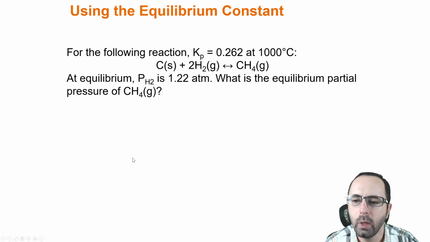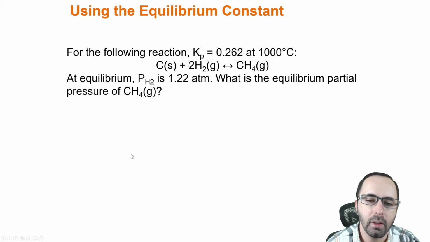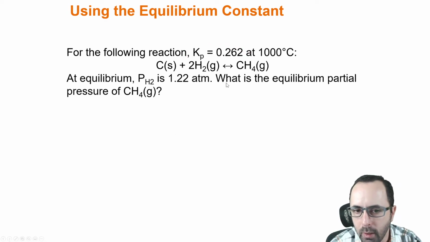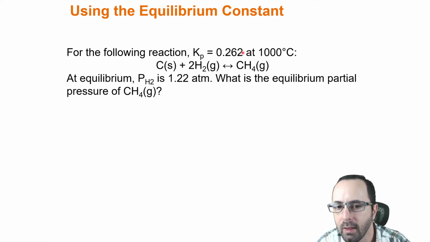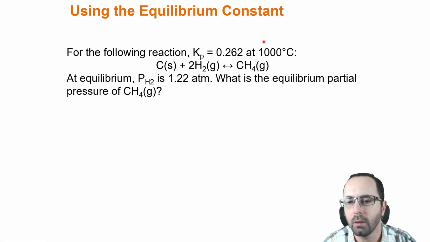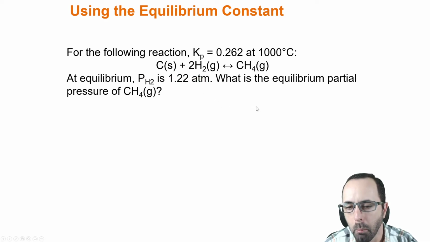Finally, what can we do with the equilibrium constant? Well, we had an example previously where we calculated the equilibrium constant, but what if we're given the equilibrium constant? First of all, let's evaluate this. This equilibrium constant is slightly less than 1, which means we'll have significant amounts of both products and reactants at 1,000 degrees Celsius when this is at equilibrium. Slightly more reactants than products because this is slightly less than 1 in terms of pressures anyway. And it says at equilibrium, the partial pressure of hydrogen is 1.22 atmospheres. What is the equilibrium partial pressure of